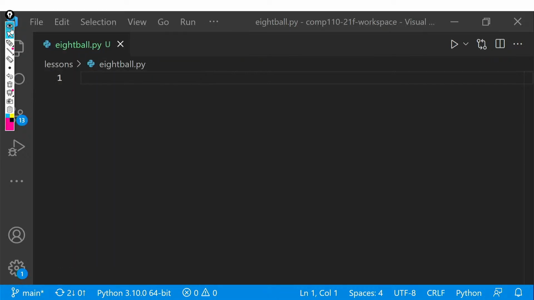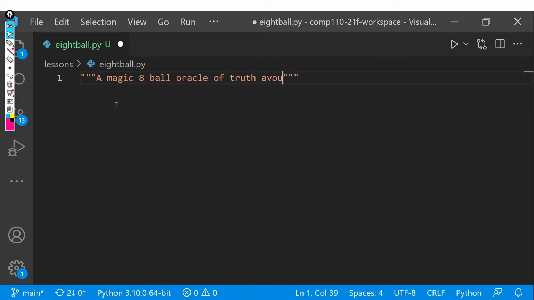And just as a quick reminder, whenever I'm working in a file, if you want to know which directory I'm in or which directory you're in when you're working with any other file, all of that information is contained on the line below a tab. So this is telling you it's in the lessons directory and the file name is 8ball.py. Right? So we'll go ahead and start our program off with a docstring, which is magic 8-ball, oracle of truth about the future. Something that describes the program we're writing.